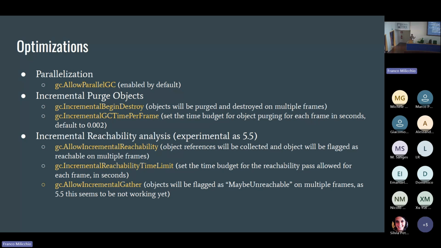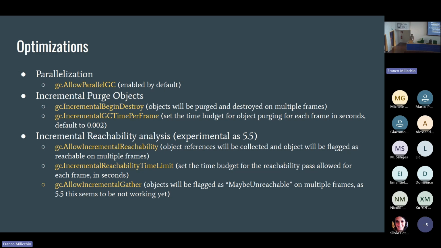You can break down the purge step by turning on the incremental begin destroy, and you can set the time budget for the destroying object phase, specified in seconds. By default, you have 2 milliseconds. But that, of course, can be tuned depending on your game needs.